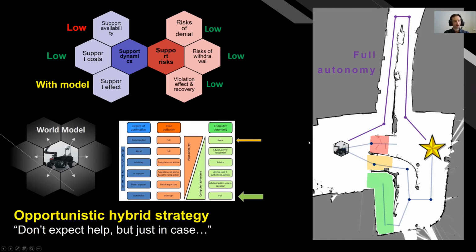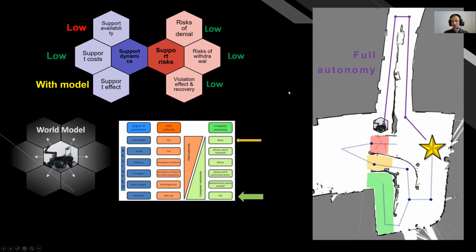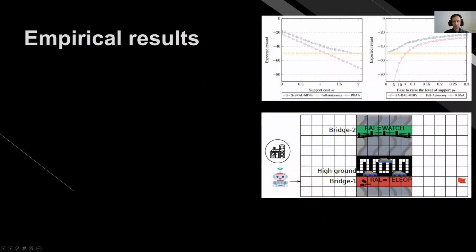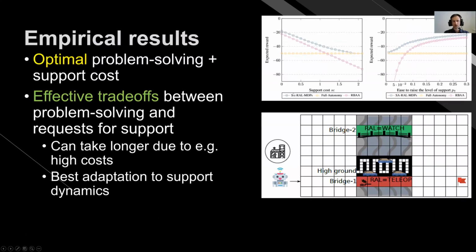And another exciting one, an emerging phenomenon that we observed, was what if there is a low chance to get some support? In that case, naturally, the robot will go into fully autonomous mode, and say, okay, whatever, I'm not going to wait for a support that is never going to happen. But should this support be provided, then the robot immediately reacts and adjusts its plan and says, okay, well, in that case, I see that the support is there, I can go this way and use the teleoperation. So this is the plan that I'm going to trigger now. We have some empirical results that mostly show some interesting optimality results, but it's best to look at the paper to get all the details. What we show is that there is a good compromise between problem solving and support cost.